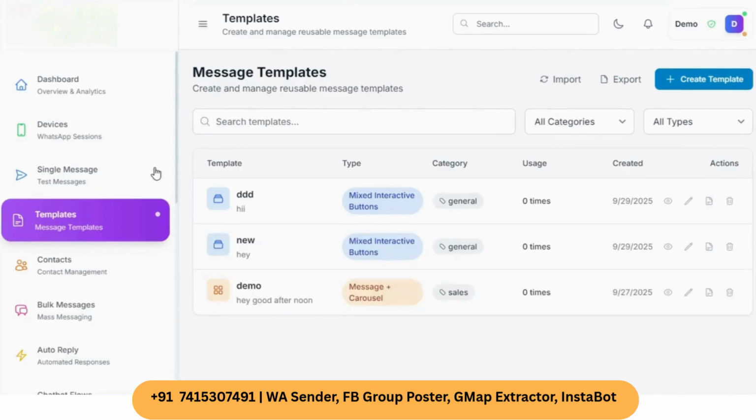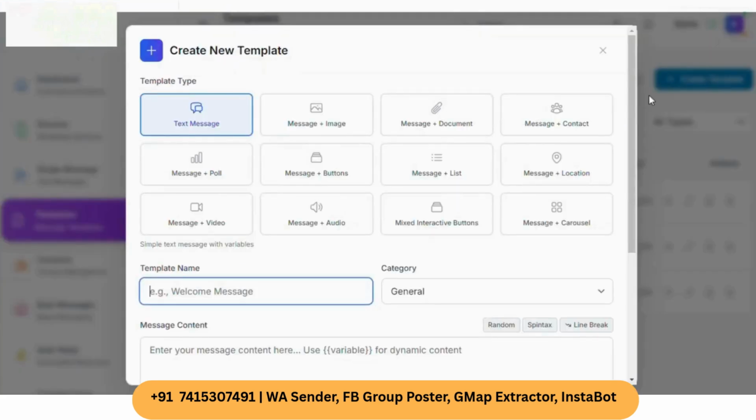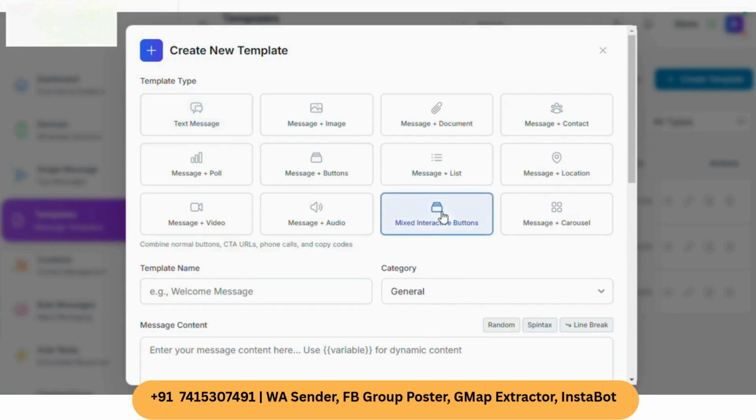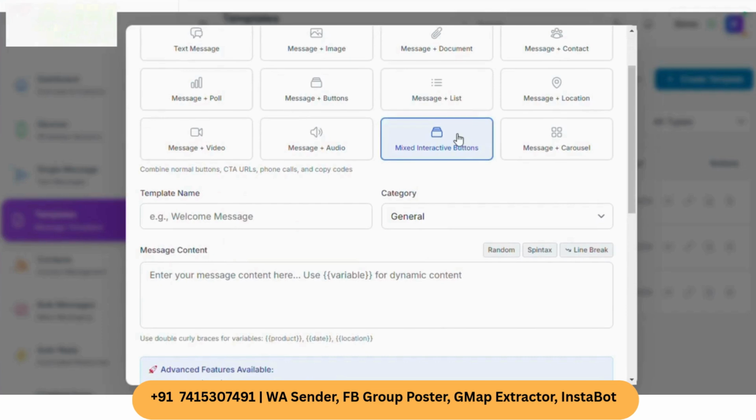The number is already scanned. Now we have to make a template. So I click on this template field. On the right side is a create template option. Here you can see multiple options for templates. We can use buttons with Carousel, with location, simple button, or mixed interactive buttons. So I click on mixed interactive buttons, give a name,